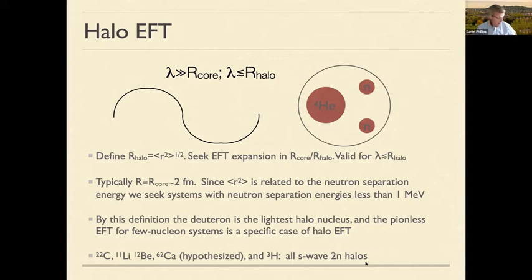on long wavelength properties of the interactions, you can actually put all of these halo systems on the same plot and compare their properties and develop a universal understanding of these S-wave 2 neutron halos. And if you want to know more about this, you should ask our session chair, who has done a lot of work on this, on manifestations of quantum universality in 2 neutron halos.